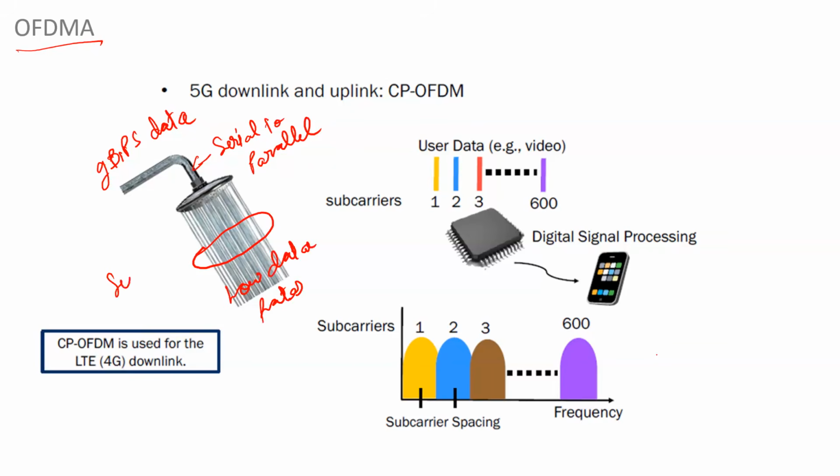And these are all called subcarriers. Each of these lines is of low data rate, or you can say these subcarriers. Every subcarrier is of very low data rate, but the combination of all these subcarriers gives us a very large amount of throughput, or you can say a large data rate. This is the biggest benefit of these subcarriers.